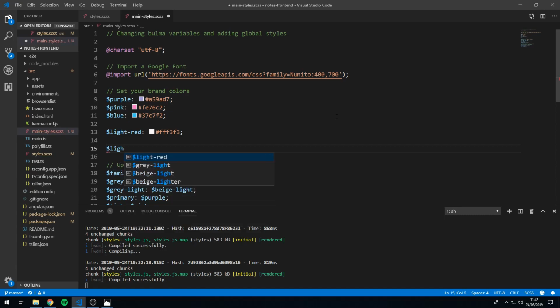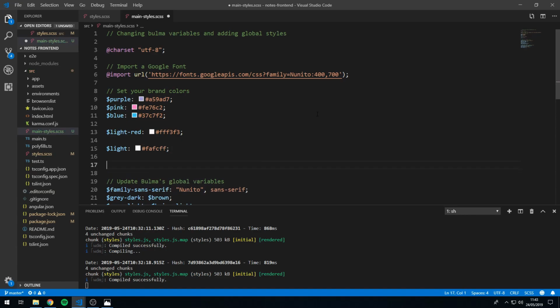the light variable, and this will be used for the light tones in the application. So, for example, the backgrounds and things like that. So let's set this to hashtag FAFCFF. Okay, great. Okay, so now let's set these variables to some variables that Bulma uses for the colors of its